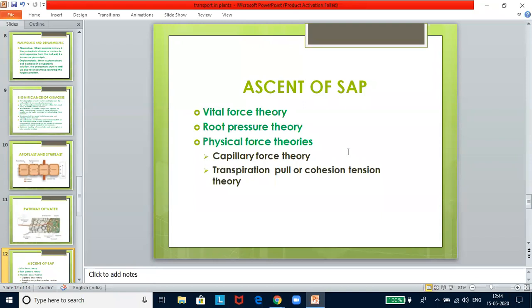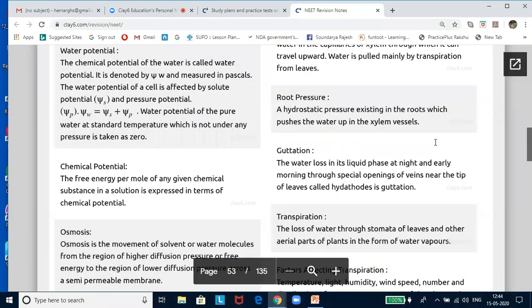Cell walls of xylem vessels have an affinity for water molecules, and that is called adhesion. Loss of water from aerial parts through transpiration causes a suction pressure in the water column of the plant, which is called the transpiration pull. Transpiration pull exerted on the water column helps in continuous flow of water upward. Transpiration pull is generated by the loss of water through the stomata in the leaves. Less than 1% of the water reaching the leaf is used in photosynthesis and plant growth. Water that is lost from the aerial parts is known as transpiration. So, these definitions have been given here.